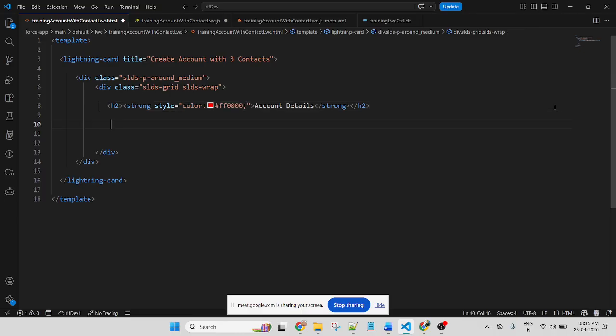Now a div with class SLDS-col SLDS-size_6-of-12. It will divide 50-50%. It will divide into two columns if you use 6 of 12.